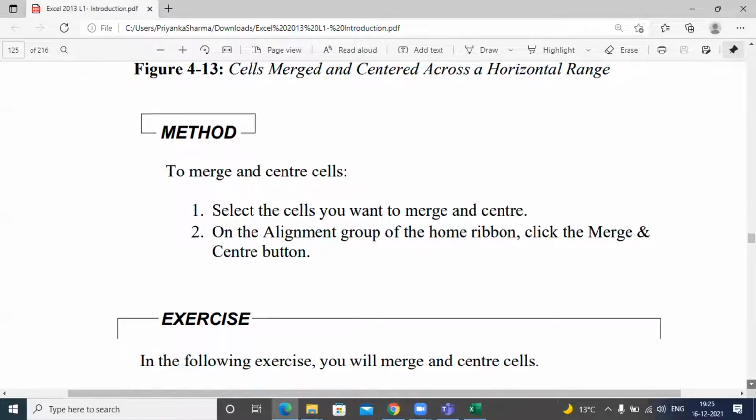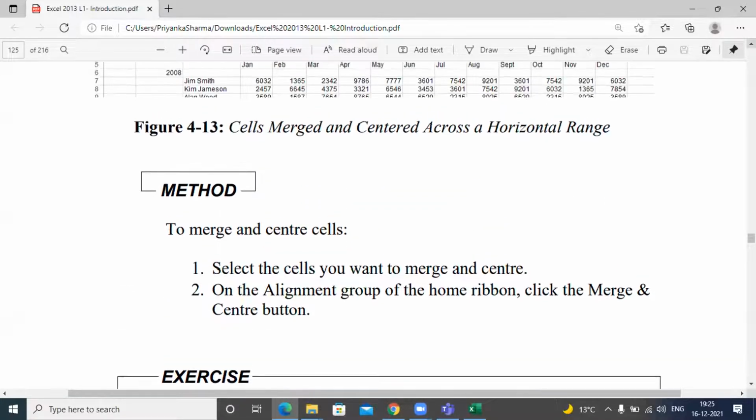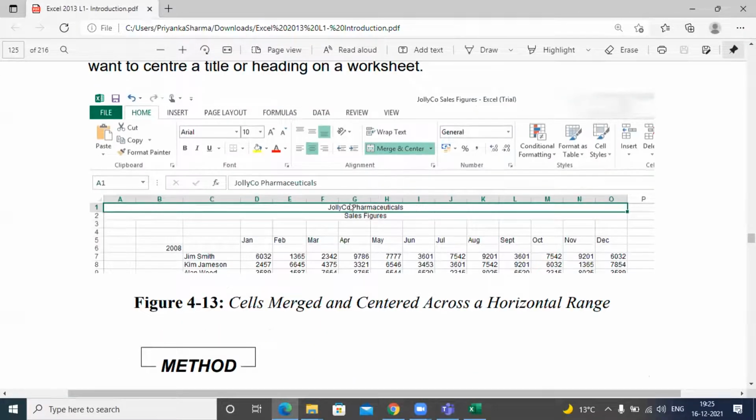In order to merge and center your cells, you will just select the cells you want to merge and you want to put in the center. So very carefully observe this particular sheet that we have. Joyco Pharmaceuticals, this entire set of cells that you can see, they have been merged, and the Joyco Pharmaceuticals text is written all in between because it is representing a heading. So that is why this feature is one of those features which makes your text look really good, and it also puts a lot of information onto your text.